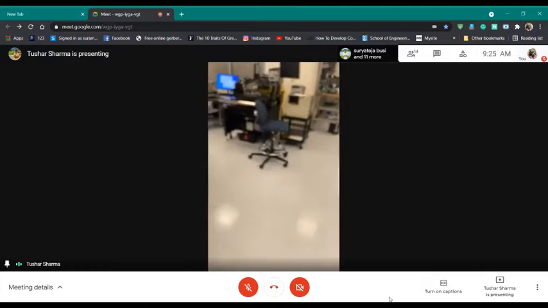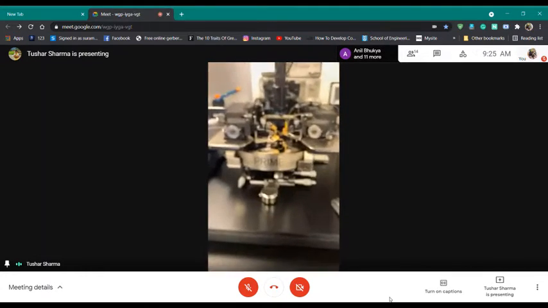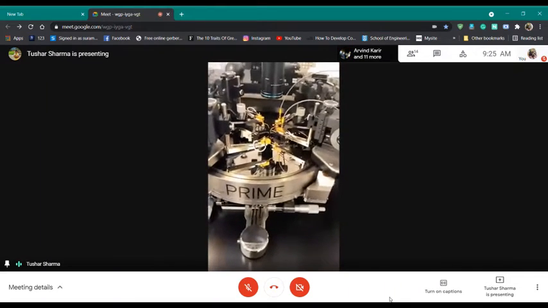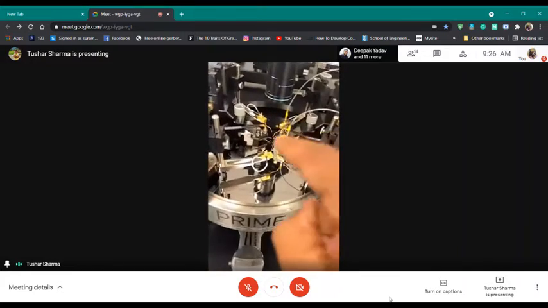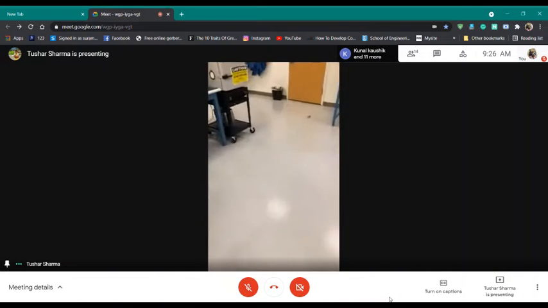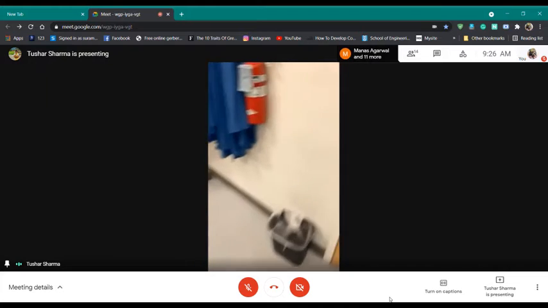For devices which we cannot see with the naked eye, we use something like this, called a probe station. In a probe station, you probe your devices. Those are very sophisticated. These are the needles which come in to probe the drain and the gate of my device. These are very sophisticated tools, and they cost millions of dollars.